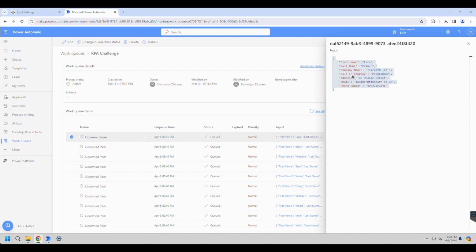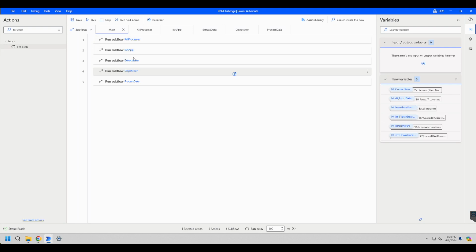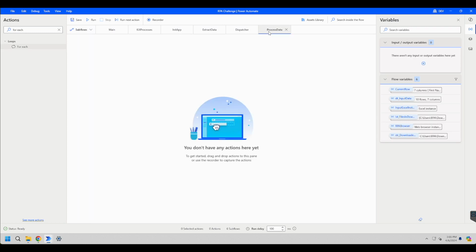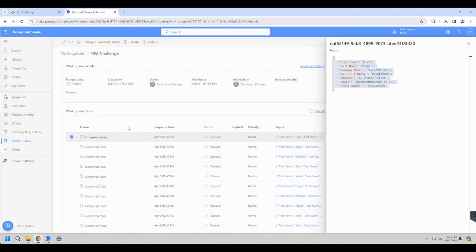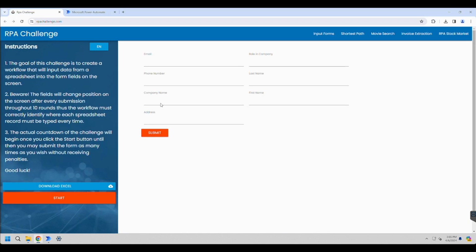Alright, so now that we have all the data we need as a dictionary JSON, it's time for us to actually process the data. So we initialize, we get the data, we filter it out, we upload it to queue item, we get dispatcher, now we process the data. The way we would do it is, first we are already here in RPA challenge, because at this point we have downloaded the Excel file. Now we need to click the start button, which changes to round 1, and start entering the values for each text box,